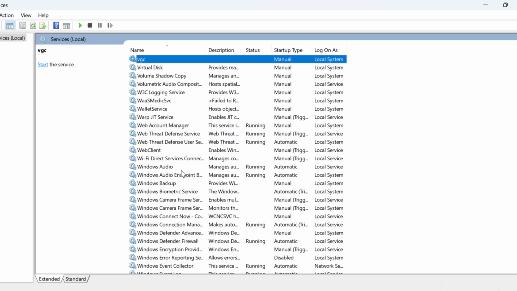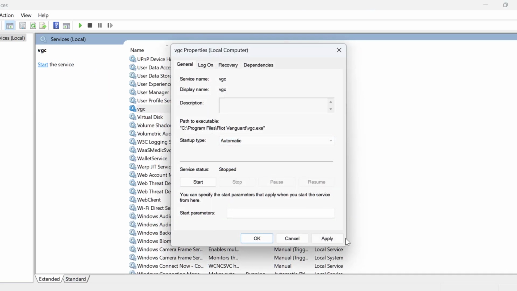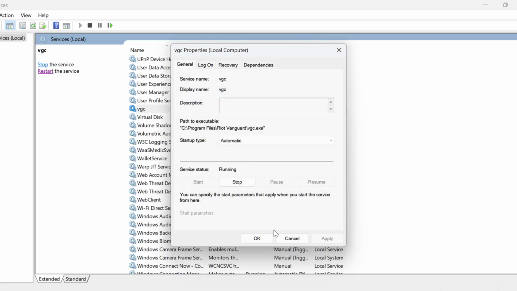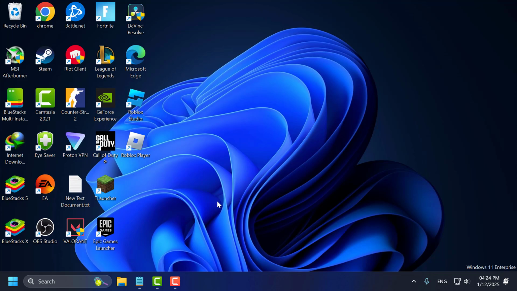In Services, you just need to find the VGC service, double click on it, set the startup type to automatic, and select apply and start the service, and select OK. Close everything here, and now launch the game and check if the problem is solved